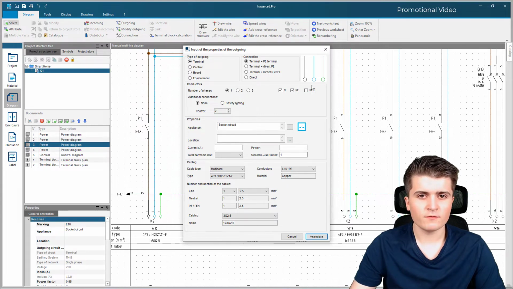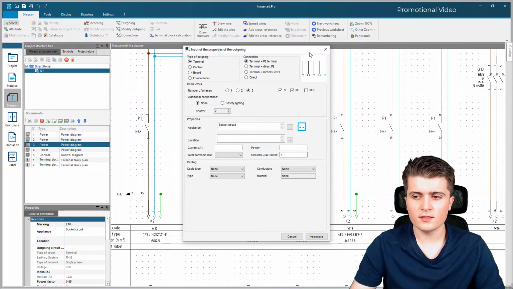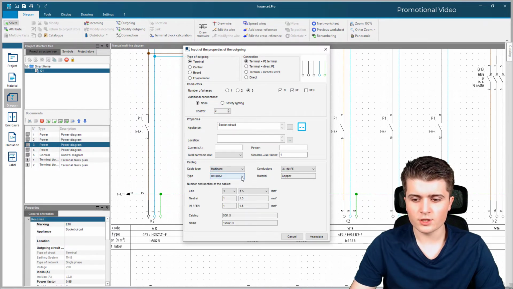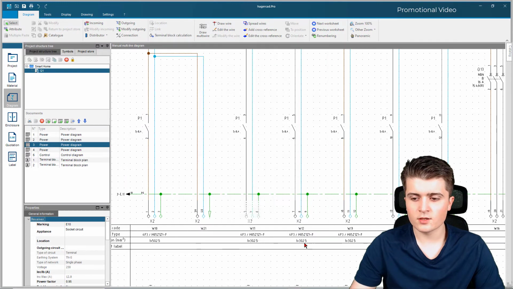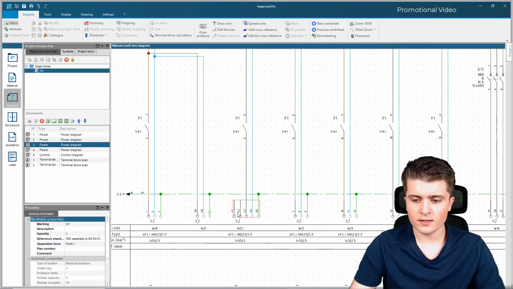So currently we have 1 phase only, but we want to have a 5-wire cable. So therefore I change the number of phases here to 3. And you can now already see that we have 5 wires here. Quickly changing it back to multicore and adding our cable type. Now I click on associate, and with that you can now see that we have our 2 additional wires here